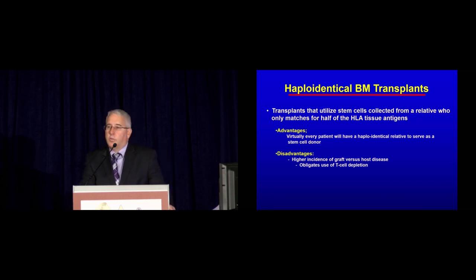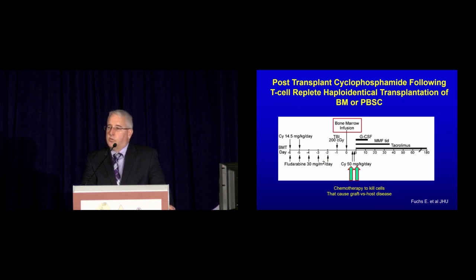Haplotransplants, I mentioned before, the big advantage is virtually everyone has a haplodonor. These transplants require that after you give chemotherapy and you infuse the half-match transplant, because the T cells will cause lethal graft versus host disease or attack of the normal tissues, you have to give chemotherapy after the stem cell is infused. Usually on day 3 and 4, we give cyclophosphamide to kill those T cells that would be causing GVHD, purging them and selectively eradicating them so that the patient will have engraftment but will not have GVHD caused